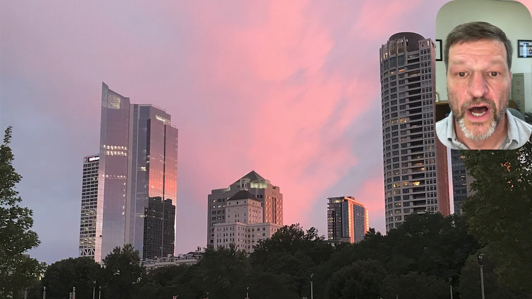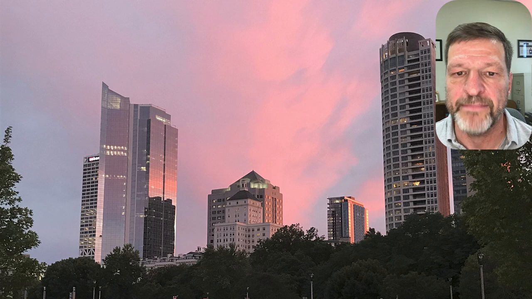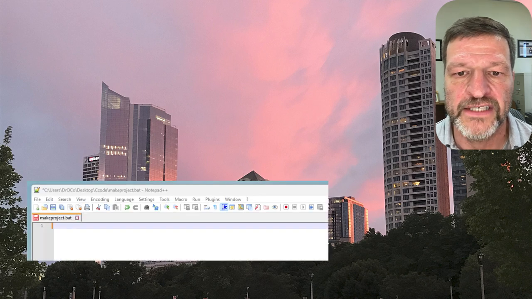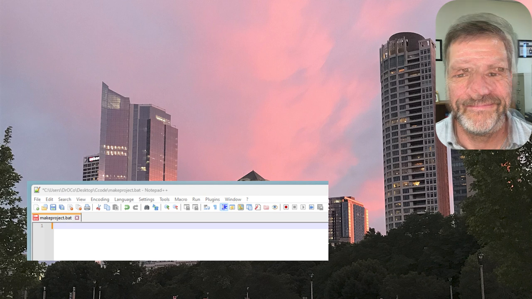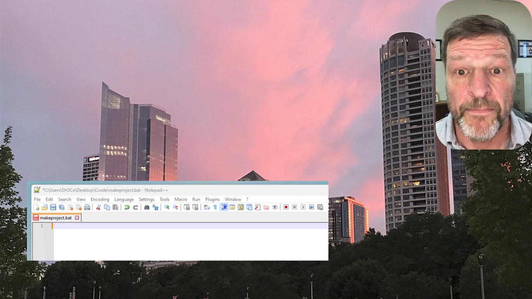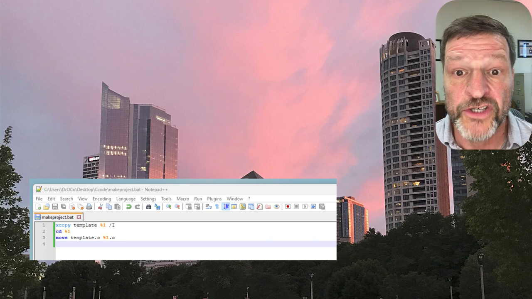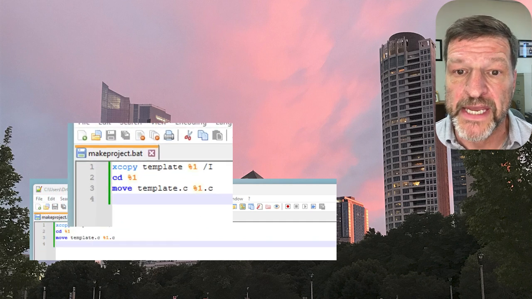And so up will come Notepad++ with the empty makeproject.bat file. And so get to that point. Makeproject.bat is only going to have 3 lines in it. The first line is an xcopy command. Just like we